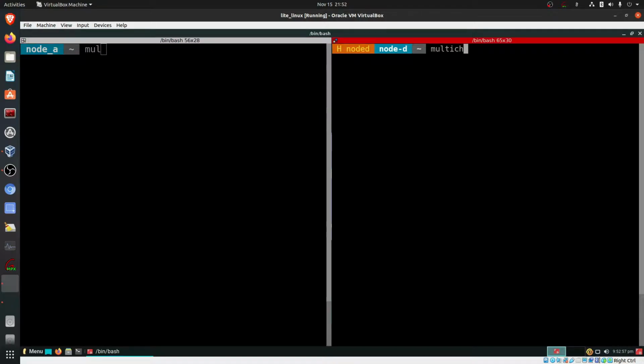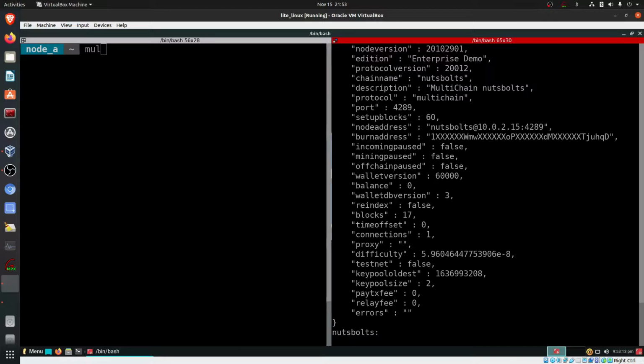Now we have created a blockchain. We have shared the access control permissions at node D, via which it has connected to the nuts and bolts, and it is also getting the information. Now information check, we can just get into the interface mode. Here we'll go here, multi-chain CLI. We are going into the CLI mode so that we do not have to type every time this multi-chain dash CLI nuts and bolts etc. So we just say get info, we'll get the parameters of blockchain.